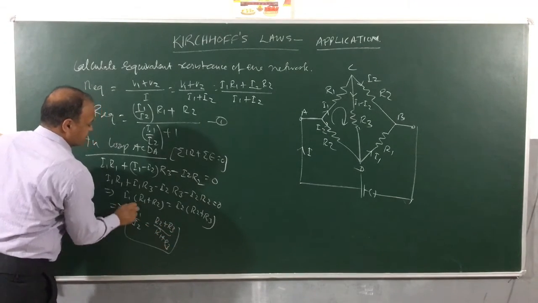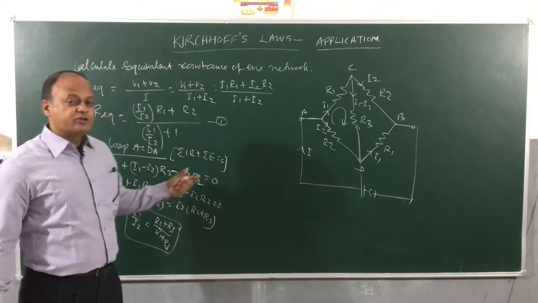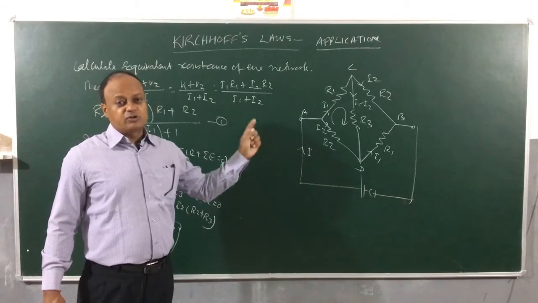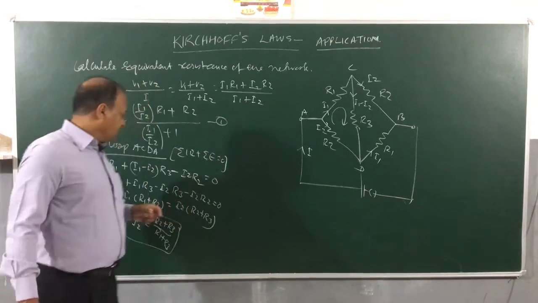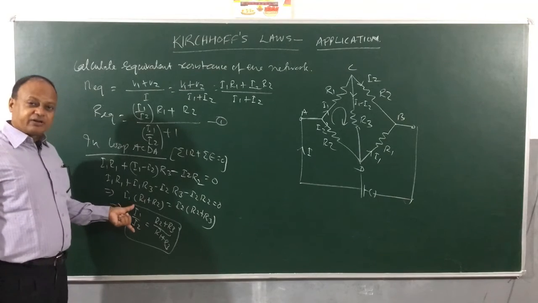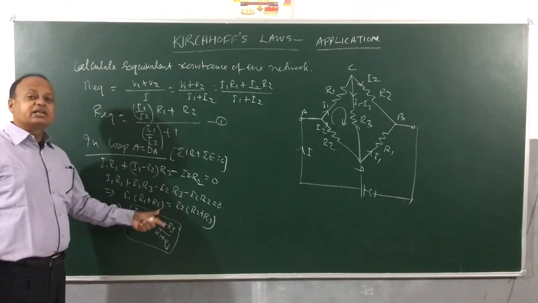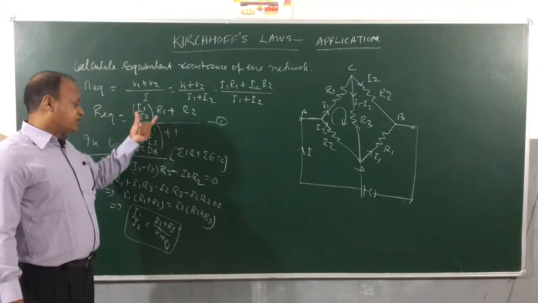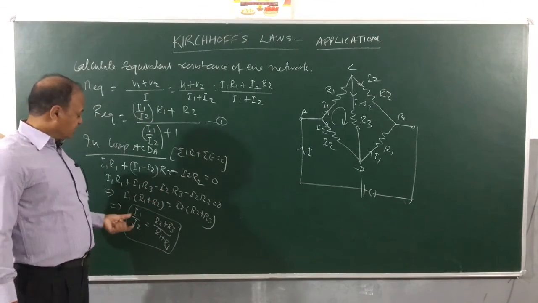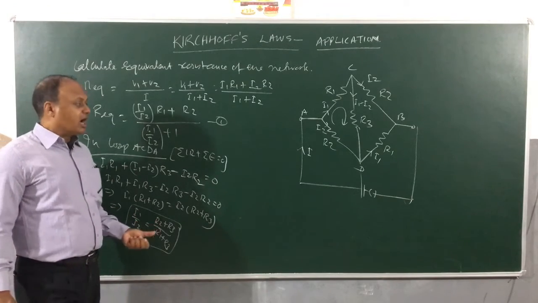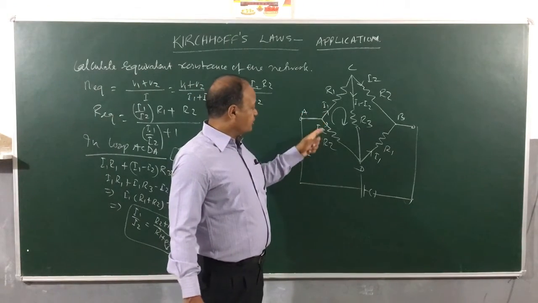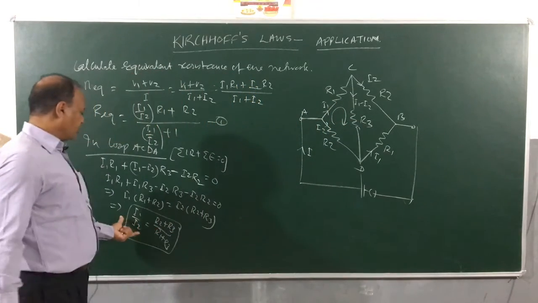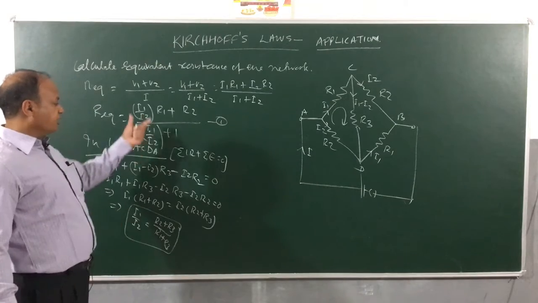Now for students it is important, if you get an unbalanced Wheatstone bridge like this, where we symmetrically place resistances R1, R2 and R2, R1, then bear in mind that the ratio of currents in the two branches you can directly calculate. Suppose you are doing an objective problem where you don't have time and space to work through this, then you can just remember I1 by I2 is equal to R2 plus R3 divided by R1 plus R3. There is a shortcut trick, I have written in the box so you can just remember. Now I will put this value in equation 1.